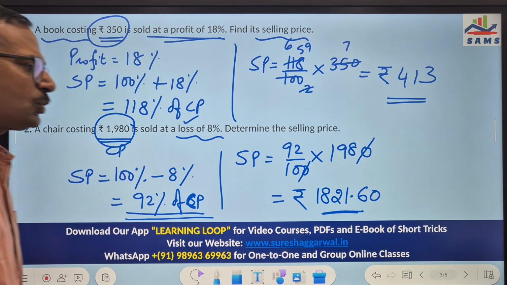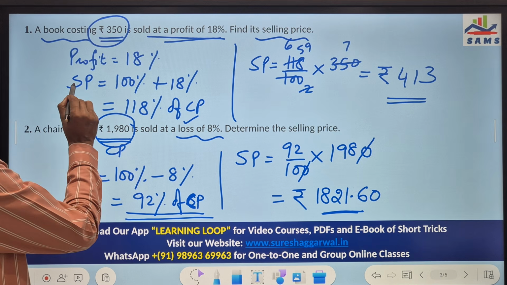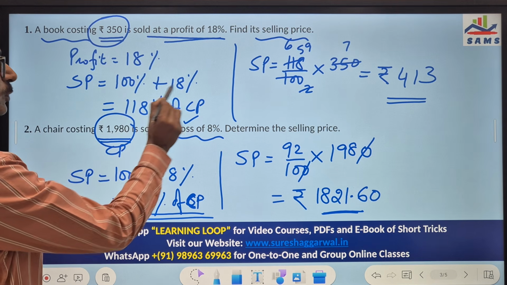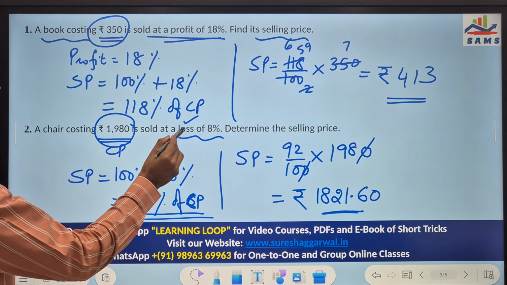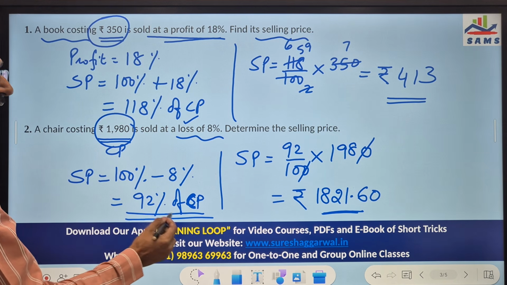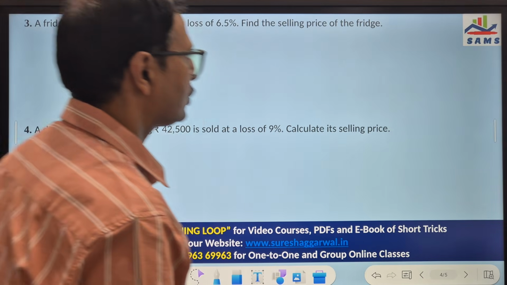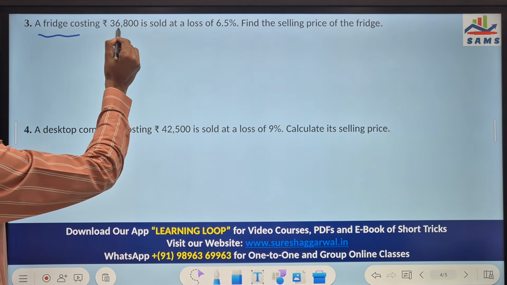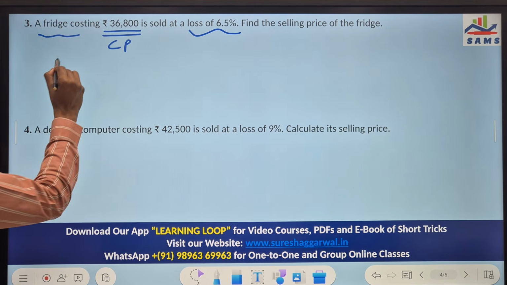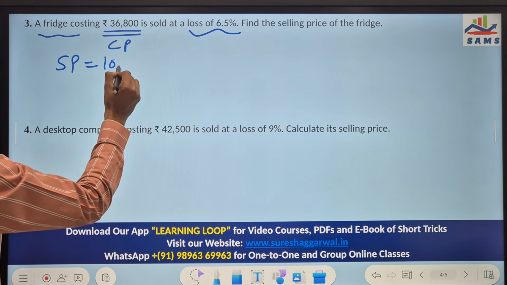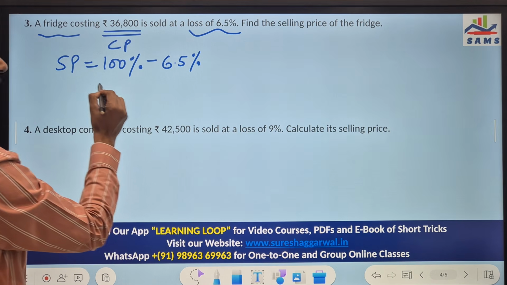Now coming to some more questions, but I hope you have understood that whenever you are calculating SP in case of profit, it is more than 100% of CP. Whenever you are calculating SP in terms of loss, then it is less than 100% of CP. Let's take one more question here. There's a fridge which is costing this much. So this is CP and loss, again loss. So selling price is 100% minus the loss. That means 6.5% minus. And that gives us